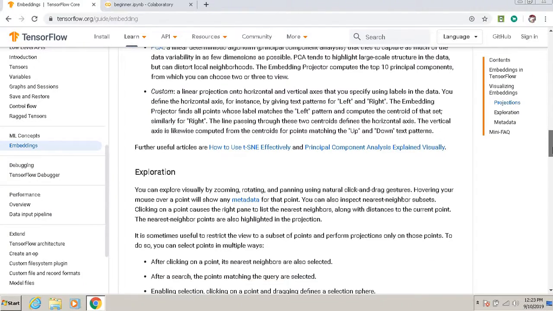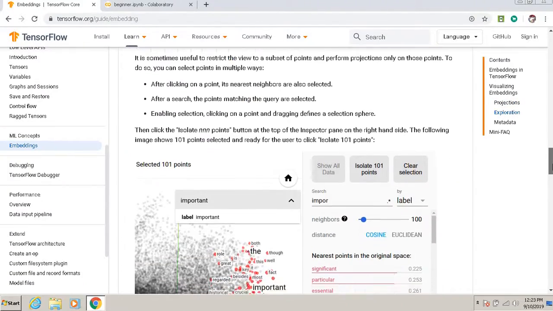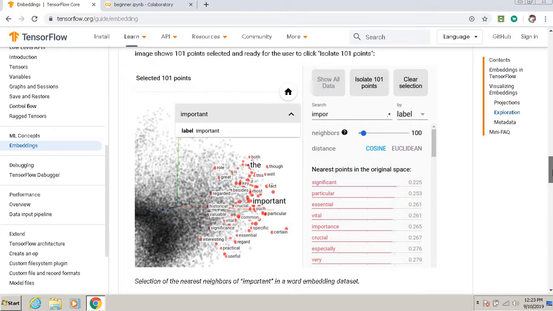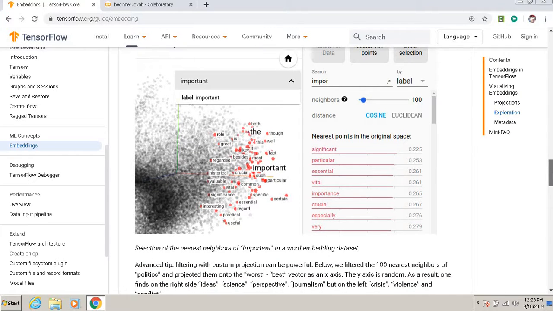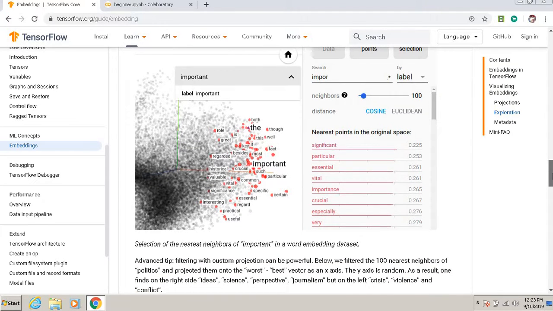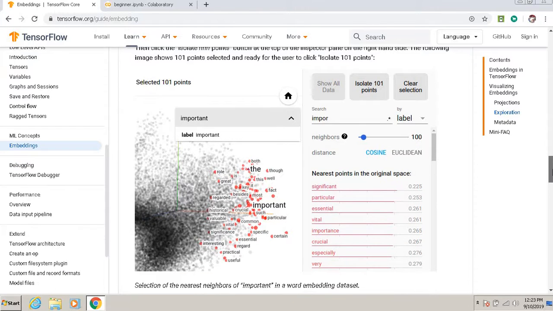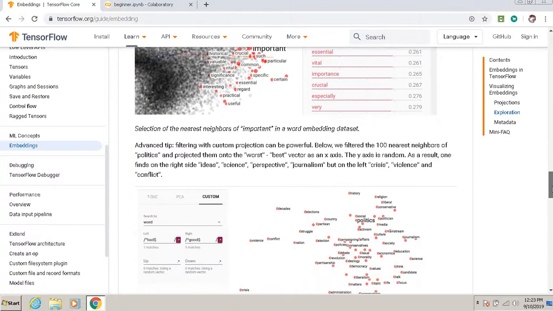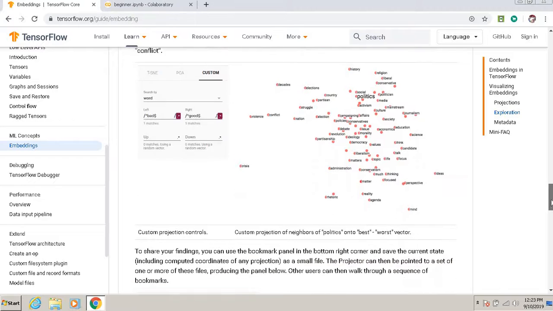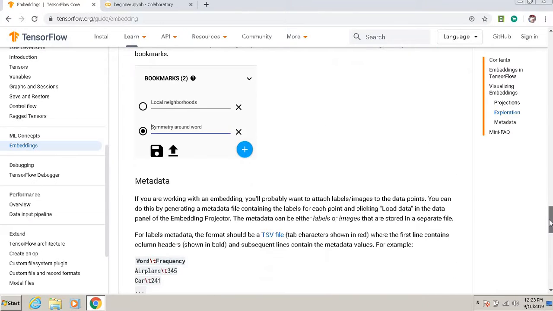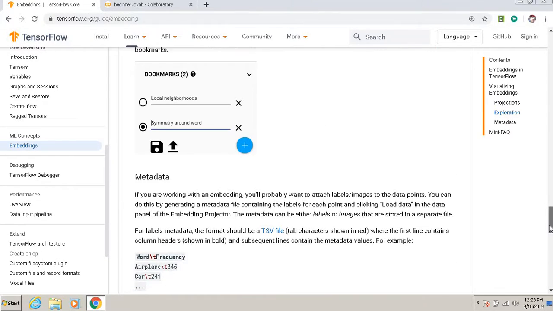You have different things, and this is your embedding data set. So this is all about embeddings.